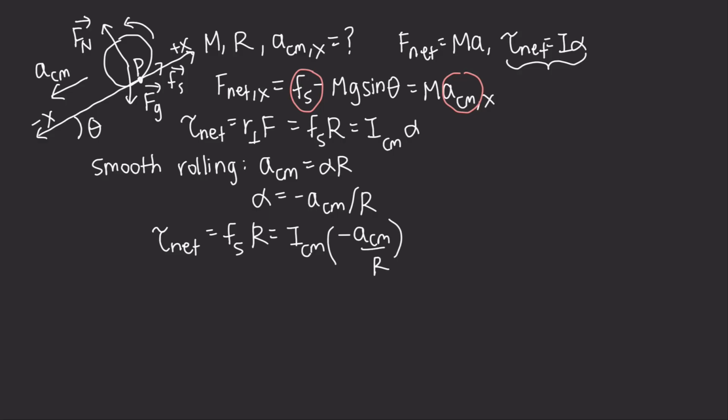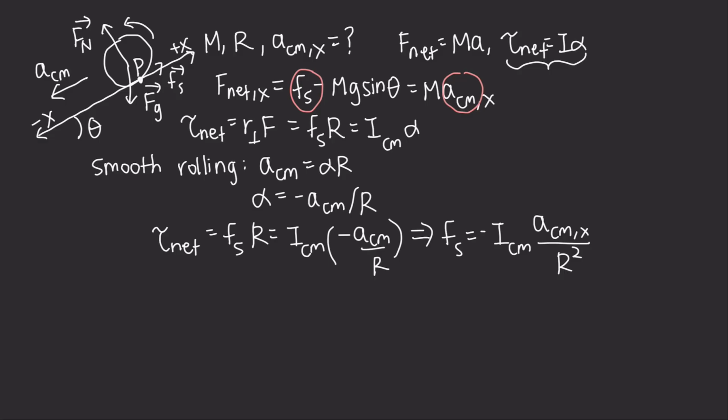And now if we substitute and solve for the static frictional force, we get the static frictional force is equal to ICM times the linear acceleration of the center of mass in the x direction divided by r squared. Okay,